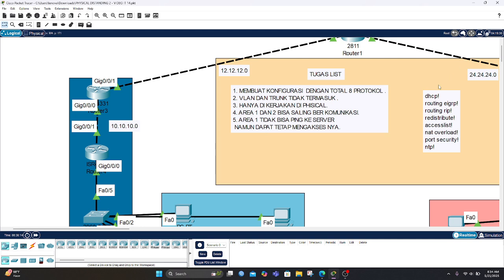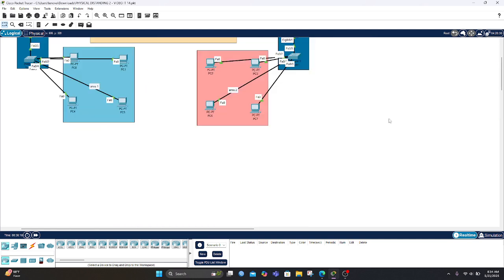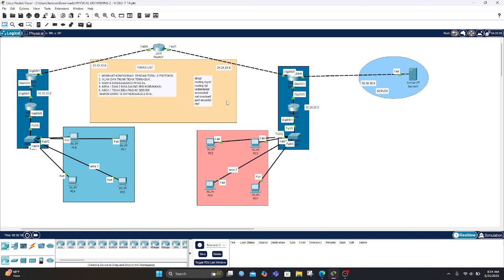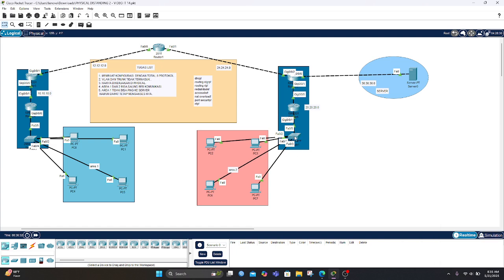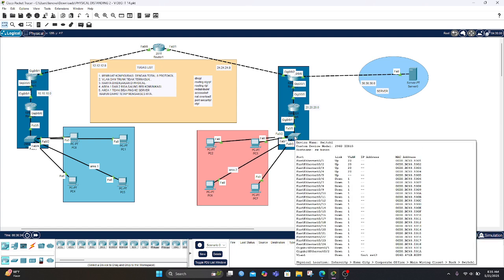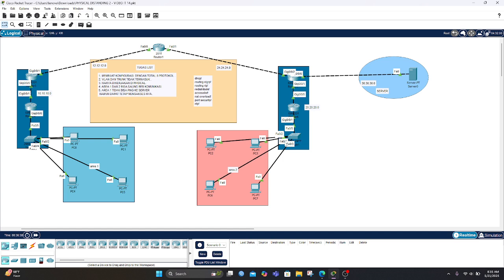I make DHCP in RA1 and RA2, but the configuration is only in router disk, and RA2 is the same. Then in the switch, I only make a VLAN and trunking to the router and RA1 too.